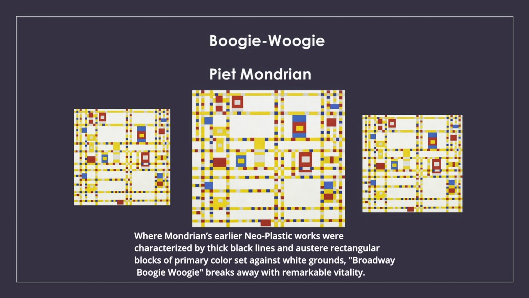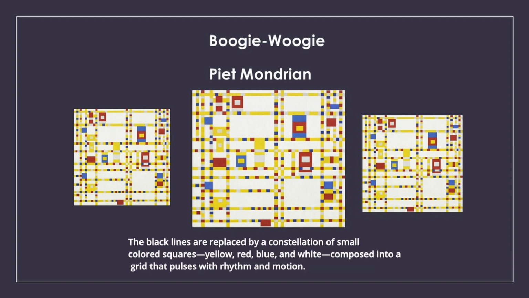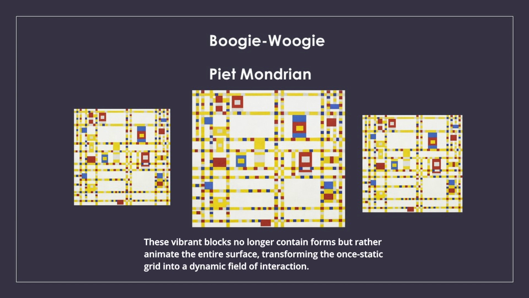Where Mondrian's earlier neoplastic works were characterized by thick black lines and austere rectangular blocks of primary color set against white grounds, Broadway Boogie Woogie breaks away with remarkable vitality. The black lines are replaced by a constellation of small colored squares, yellow, red, blue, and white, composed into a grid that pulses with rhythm and motion. These vibrant blocks no longer contain forms but rather animate the entire surface, transforming the once static grid into a